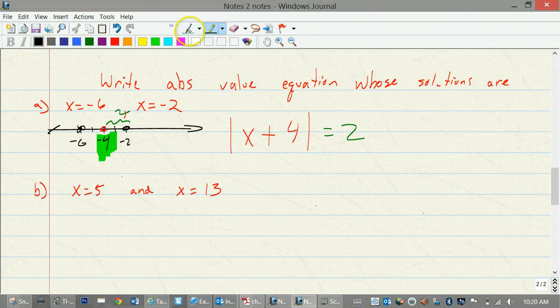So when we do this guy, I would start at 5, 6, 7, 8, 9, 10, 11, 12, 13, halfway between